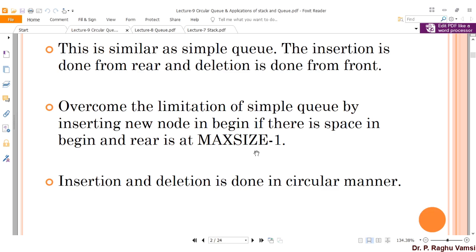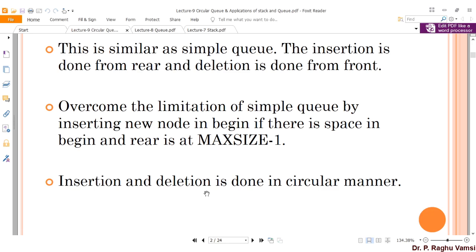In the same way, whenever the rear value is moduloed with the maximum size minus 1, when it reaches the maximum size, obviously it will come back to the starting position, since the remainder you get is 0 or 1. So this is the simple trick we play in the circular queue operation. The rest of the operations that we have seen in normal queues can be implemented as they are in circular queues also.